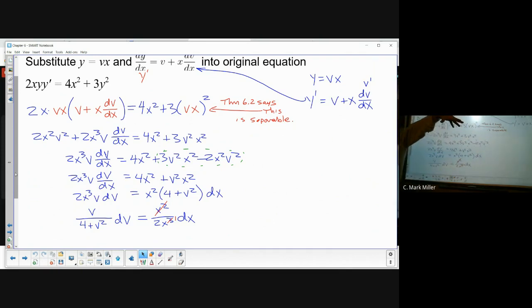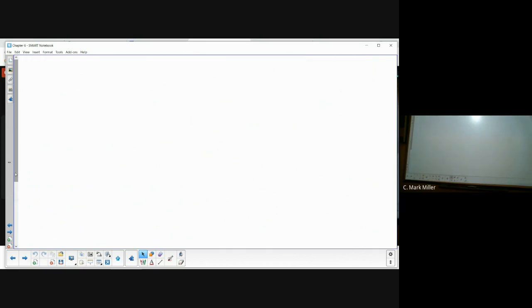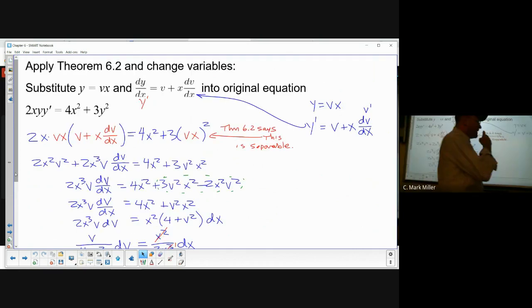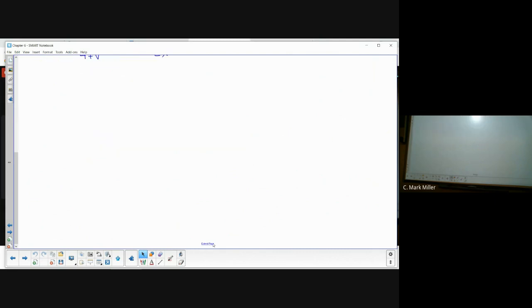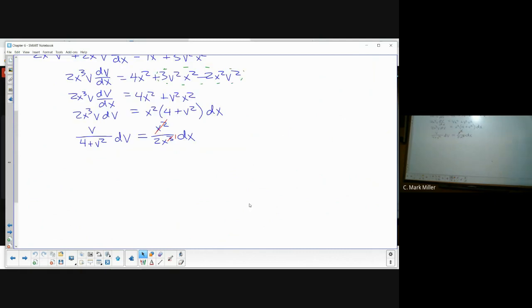I want everything with v in it on the other side with dv. And I eventually got that. Here's all the x's with dx, and then there are the v's with dv. I'm going to integrate both sides. Okay, let's go here. I'm going to keep doing it on this page, and then I'm going to put it on the second page. Okay? So now I have